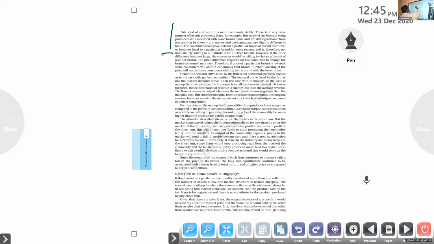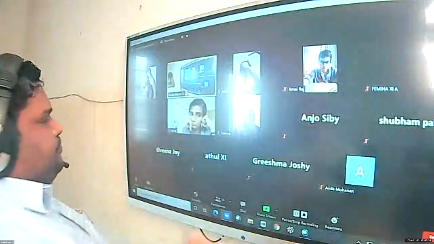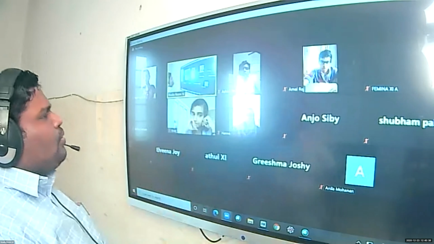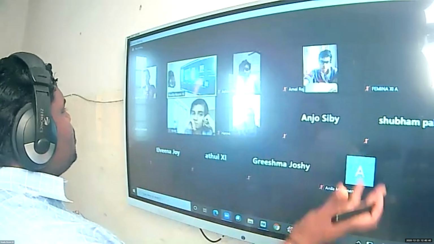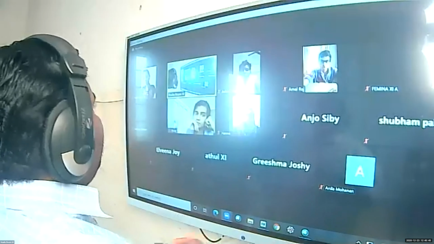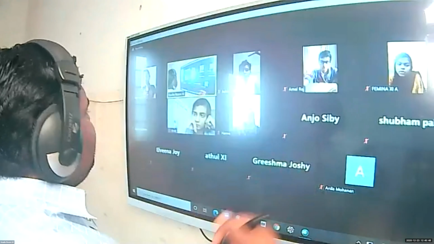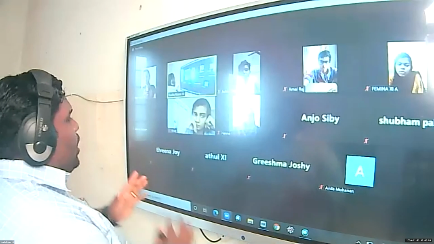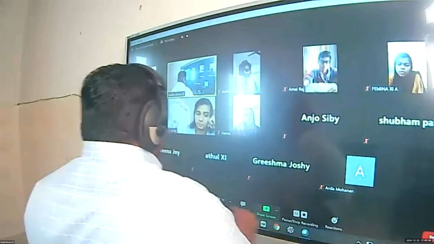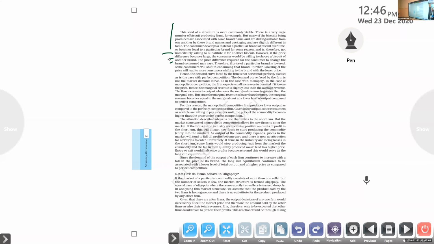However, if the price difference becomes large, the consumer would be willing to choose a biscuit of another brand. Suppose every day I am purchasing Poppins for 2 rupees, and today I came to know that the price of Poppins increased to 20 rupees, 2 to 20 all of a sudden. What will happen here? I will change my mindset from purchasing Poppins to some other chocolate. Right or not? A huge gap in the price means definitely we will do that. A big gap means definitely the consumers will change to another brand, another substitute.